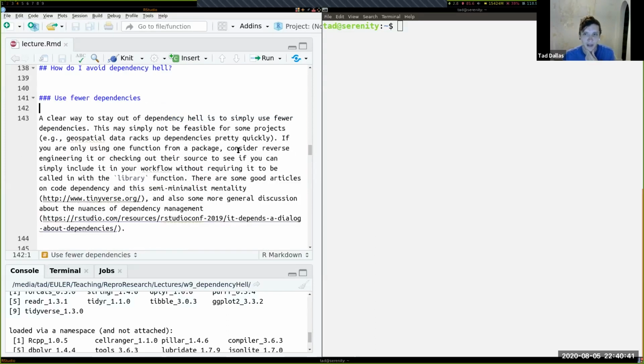So yeah, I'd consider reverse engineering it, checking out the source code. All the code from every function in every R package is available. And they version it on GitHub as a mirror, so you can view different versions of the same code base. Yeah,